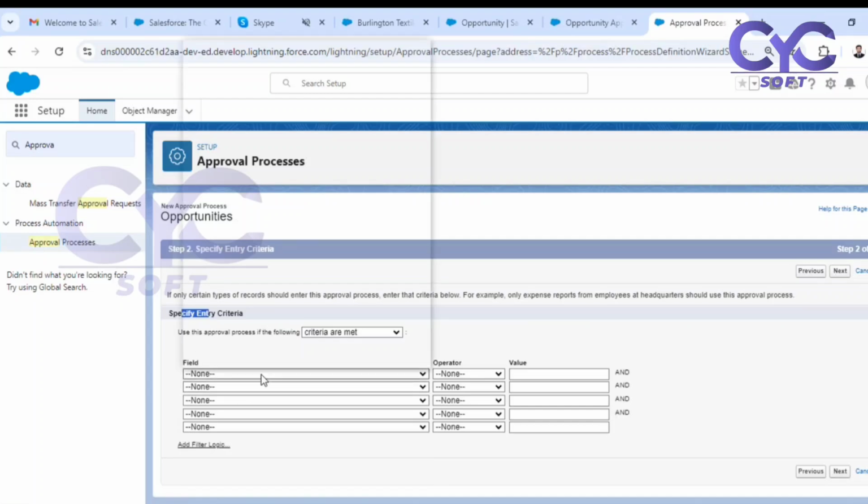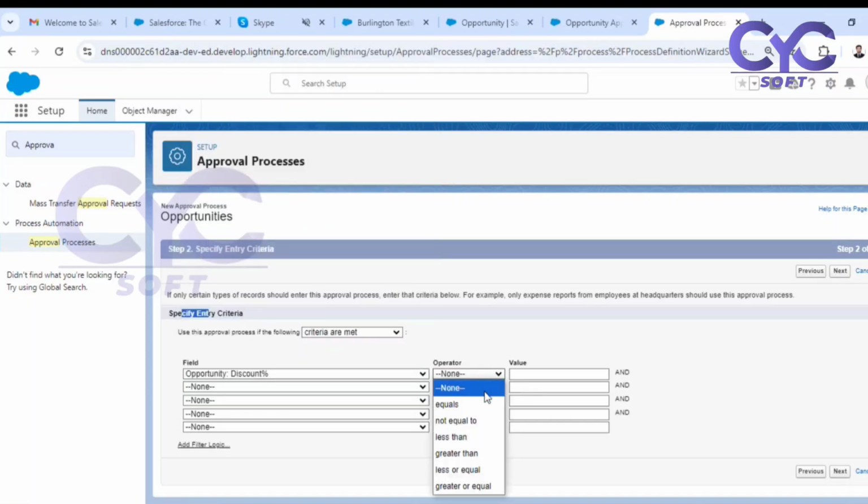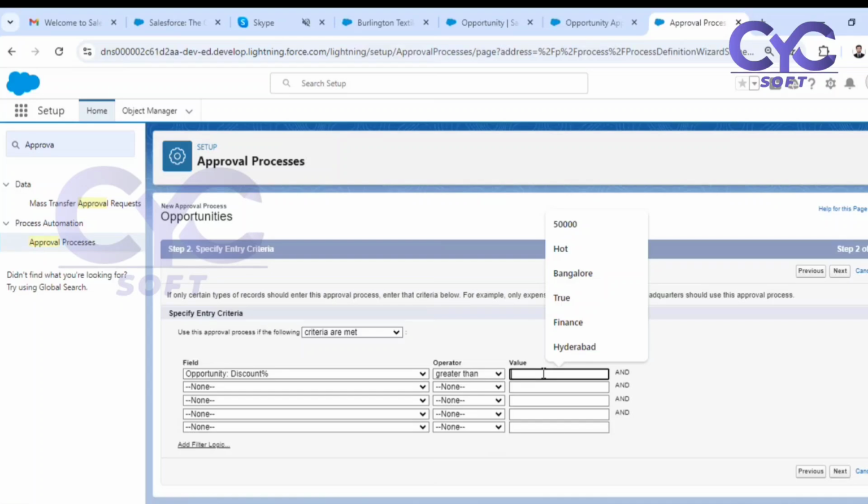Let's say the opportunity discount percentage is greater than or equals to 5%. 5% means 0.05. If it is more than 5%, then only it should go for an approval. So for less than 5%, the sales representative who is dealing with the opportunity can directly provide it, with no need for approval, and they can close the deal. But if the customer is asking for above 5%,